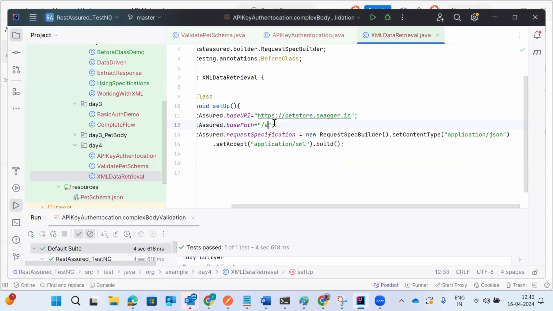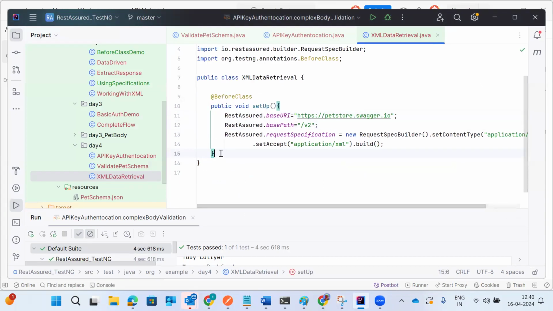It is /v2. Okay, so if I want to write the test case,